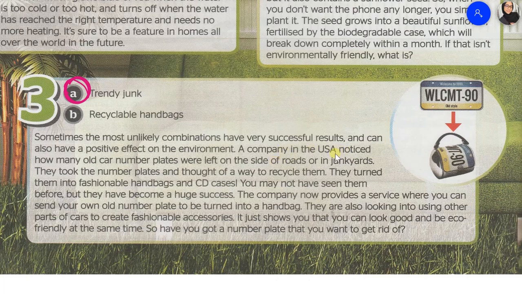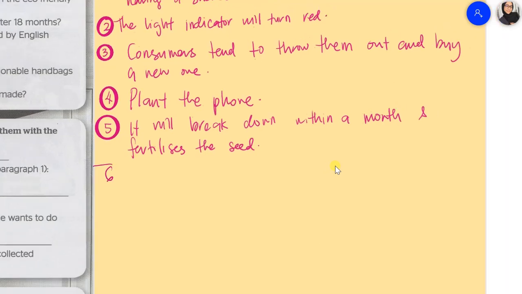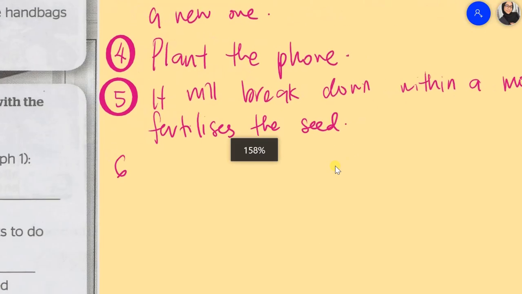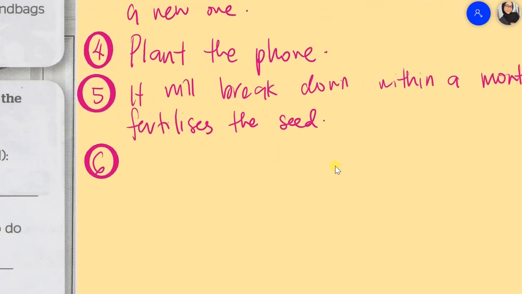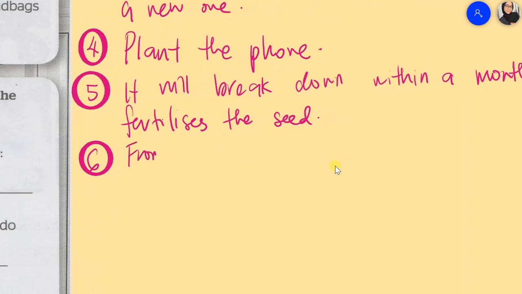A company in the USA noticed how many old cars' number plates were left on the side of the roads or in junkyards. So basically, they found this plate number from the side of the roads or in the junkyards. That is, the answer is from the road